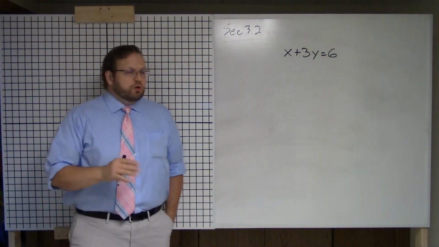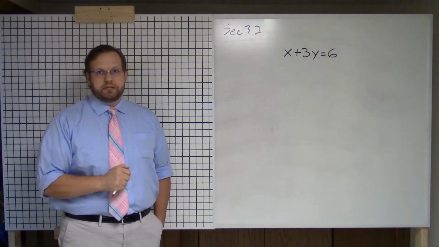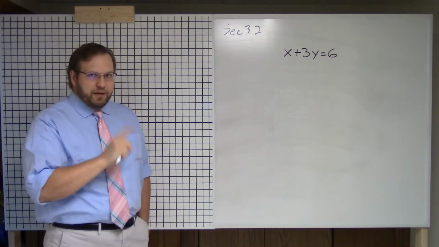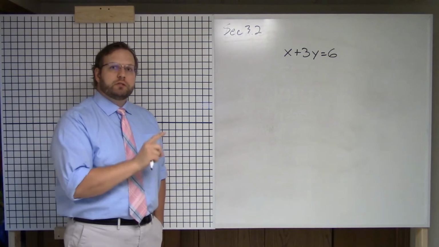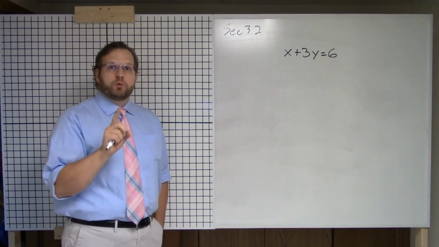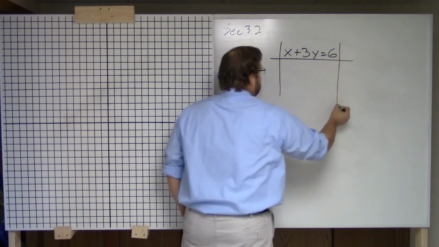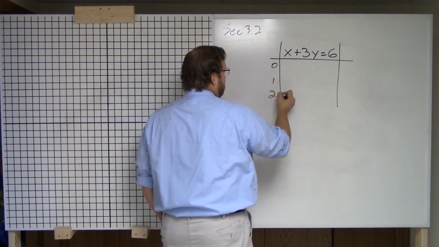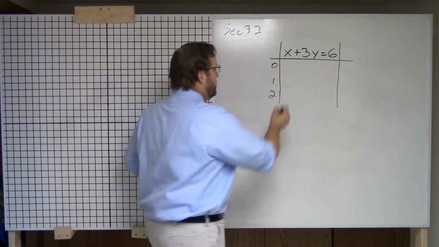Now this is more of the standard form of a linear equation that we were introduced to in the previous section. Okay? Now, what I will say about this is when it is written in that form, don't jump into a table. The reason being, if I did that, let's say I picked 0, 1, and 2 again. Okay? The problem with that is if I plug a 0 in,